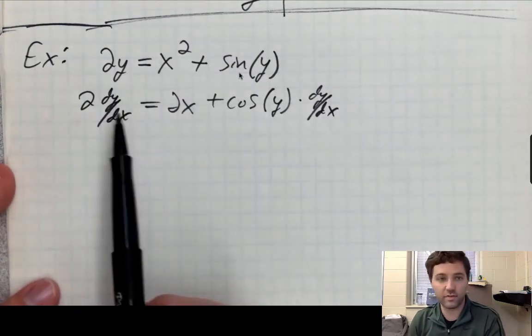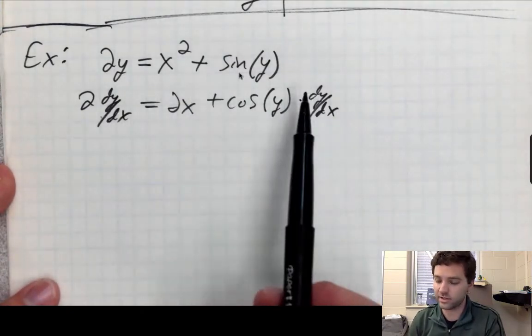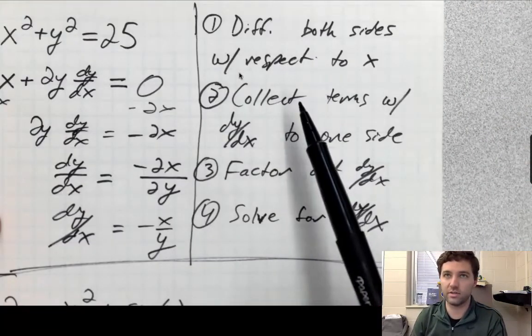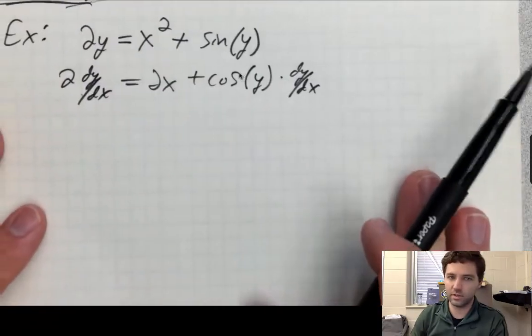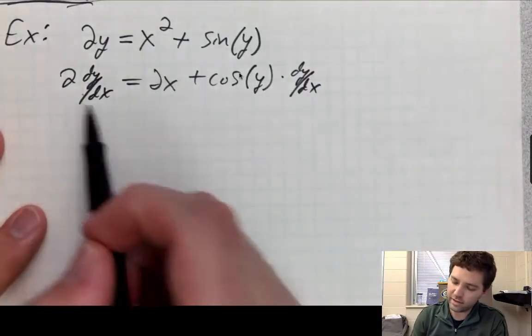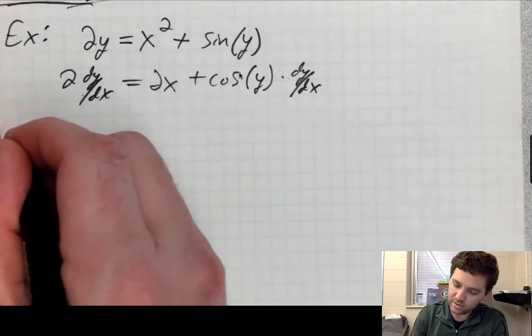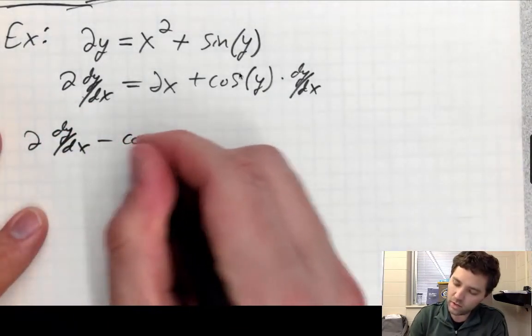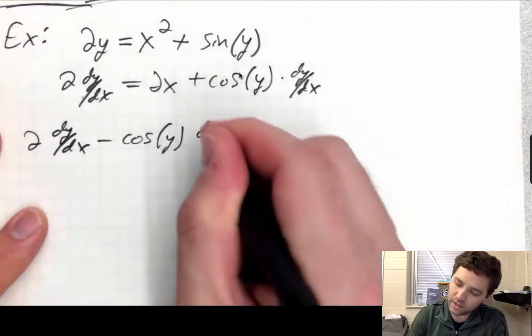Now, this is a situation where I have two dy dx's. In order to fix this, I've got to get both dy dx's on one side. So I'm following the 4 steps, right? Differentiate both sides. Now I've got to collect the terms with dy dx to one side. So here we go. I'm going to move this cosine y dy dx to the left. So I get 2 dy dx minus cosine y dy dx